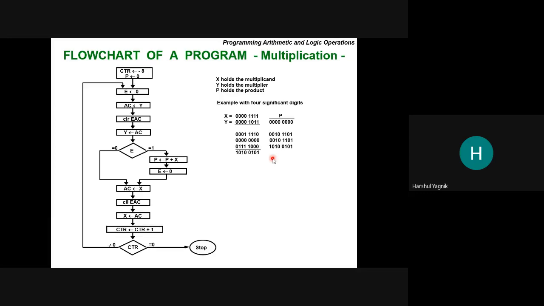Or should I repeat? How multiplication is done in binary? This must have been taught to you during your digital electronics course. Can you write in the chat box?